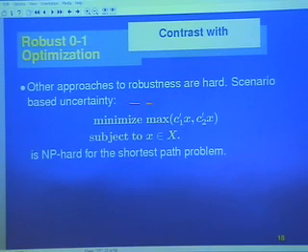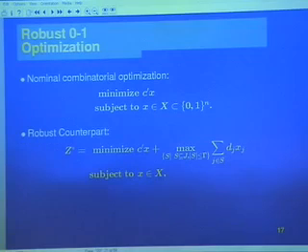So this, in a way, was my motivation for why I expected this problem was difficult. However, the particular way of forming the robust counterpart, and I have to admit, one thing that sometimes people do is that you invent the problem to prove the result. This was not the case.